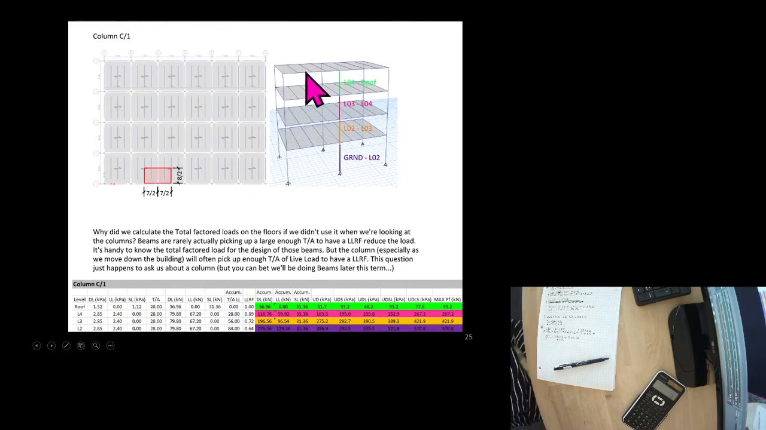So just knowing what the worst case load on each floor was isn't enough anymore. We have to think about,